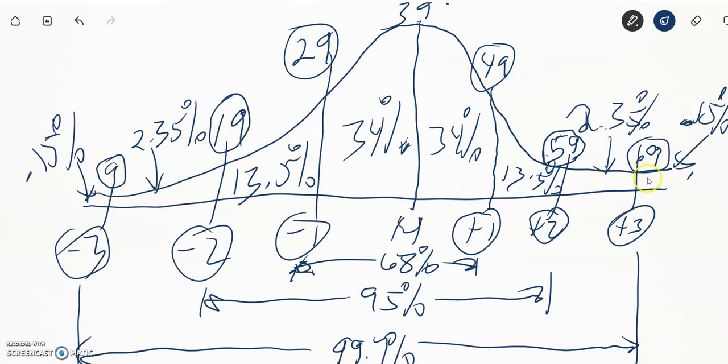So the percentages in every empirical problem are the same. 0.15% goes here, 2.35% goes here, 13.5% goes here, 34% goes here, 34% goes here, 13.5% goes here, 2.35% goes here, and 0.15% goes here. Okay? I'm going to ask you 3 questions, only one of them in the actual problem, that asks what is the percentage,